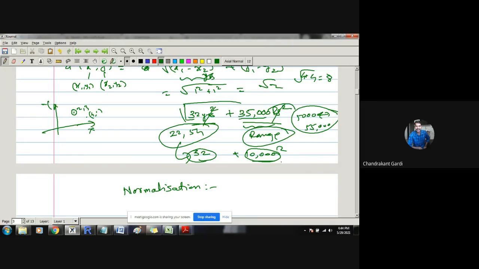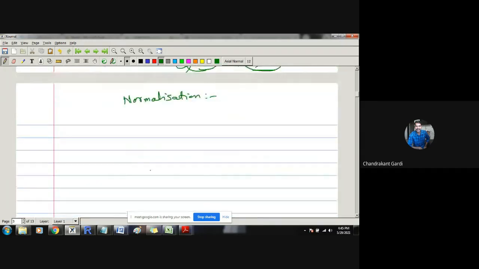So what we can do here is, suppose we focus only on the first variable, x. Suppose there are 10 observations, 10 units. What we will consider is the maximum value in this data set and the minimum value in this data set. So the maximum x value minus the minimum x value is the difference that we call the range. So this is the range of the x data.